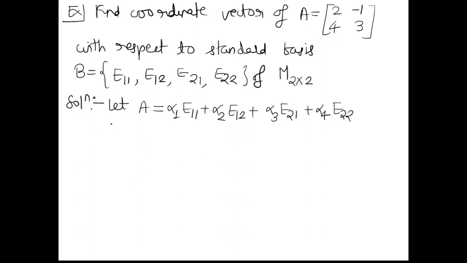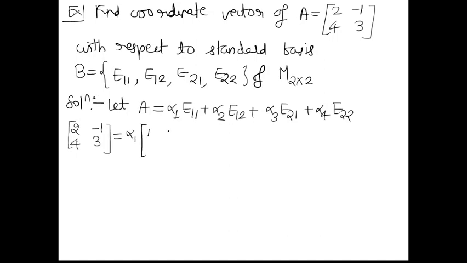Now we will substitute A, E11, E12, E21, E22. So the given matrix 2, minus 1, 4, 3 is equal to alpha 1